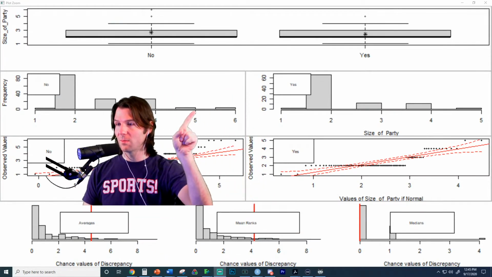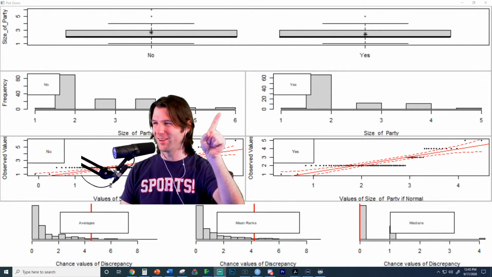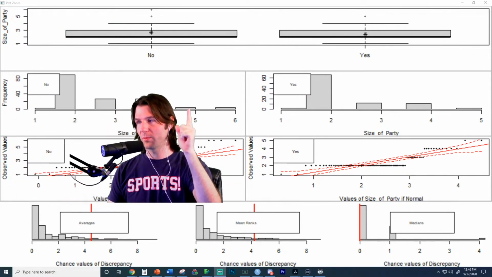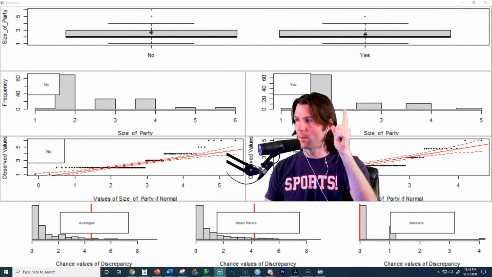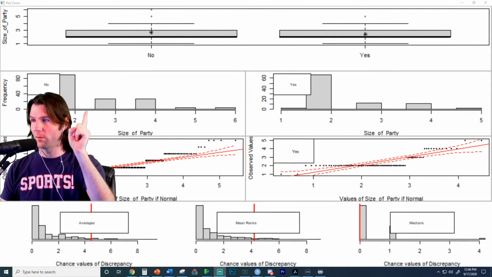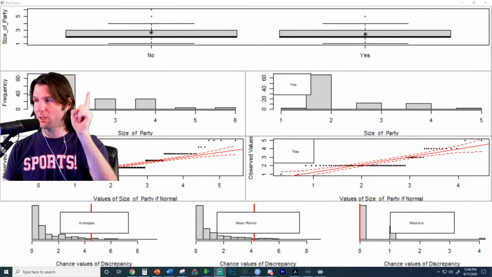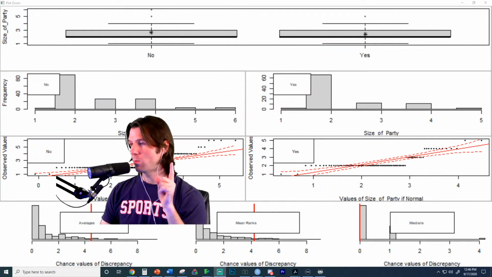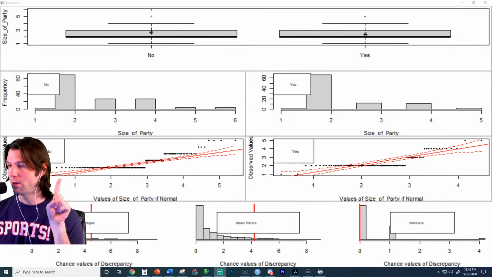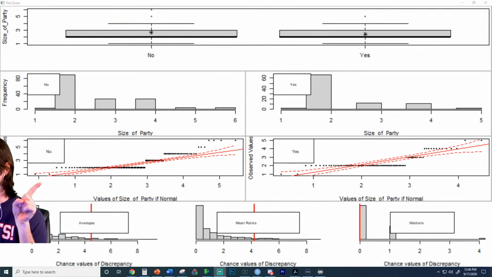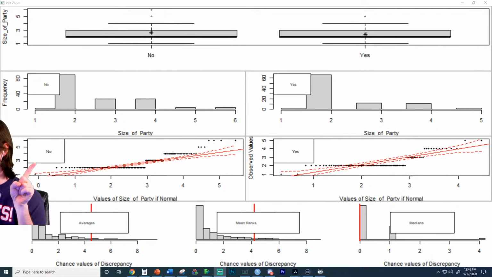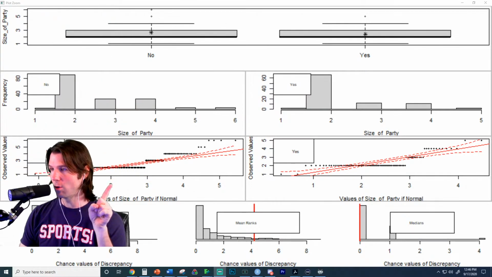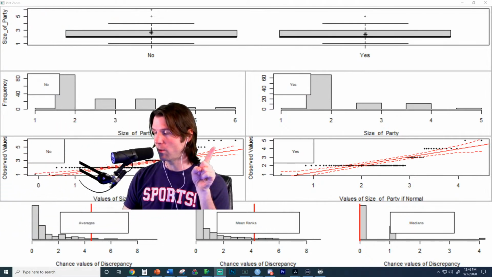Here we have histograms. Don't really look at these histograms. Histograms are univariate quantitative displays. They're good, but whatever. So here we have a row of histograms for the no, which relates to this box plot. Here we have a histogram for the yes. And then this is the one that people always forget how to analyze. This one right here is a normal quantile plot or QQ plot for normality, to check to see if the no group is normal.